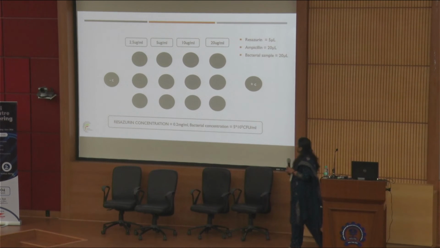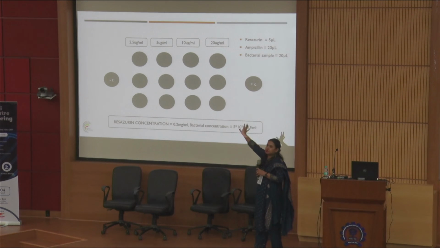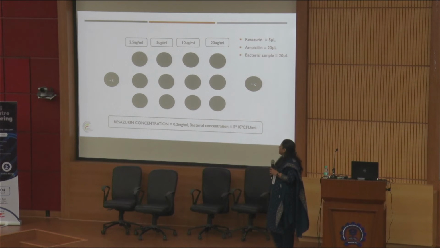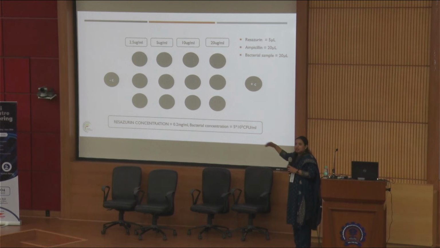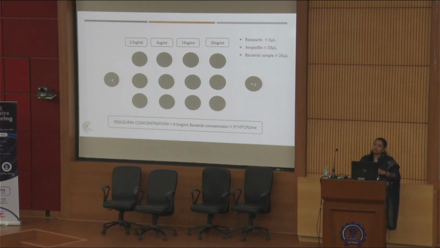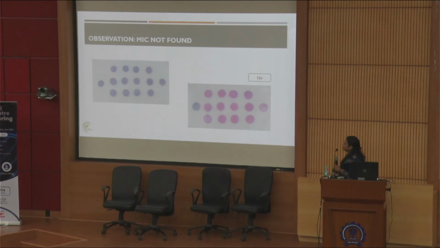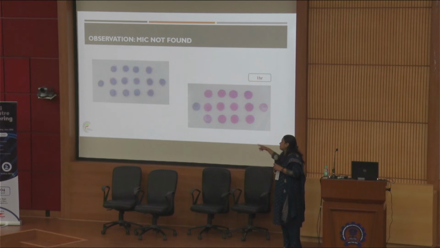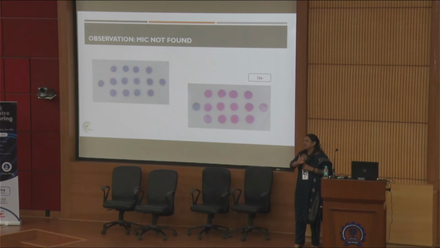So let's say we have 8 samples here, a positive control and a negative control. Different concentrations, or different amounts to be specific, of antibiotic can be loaded. An infected sample from the body, for example urine in this case, can be put onto the device, and we have to watch out for the color change. In this case, color changed for all the test samples. That means bacteria is growing in all of them, and this antibiotic is no good for that bacteria for all